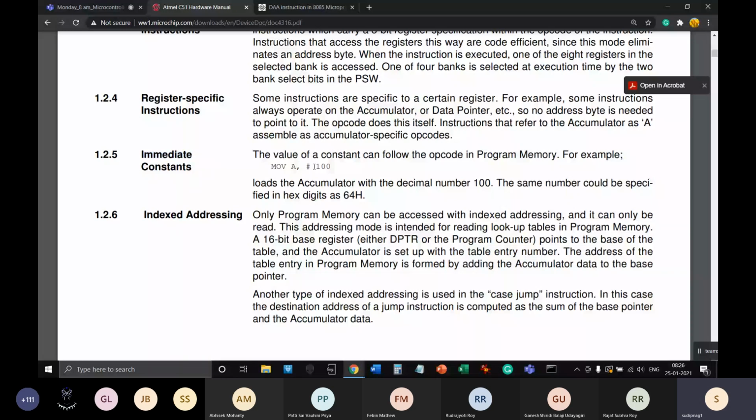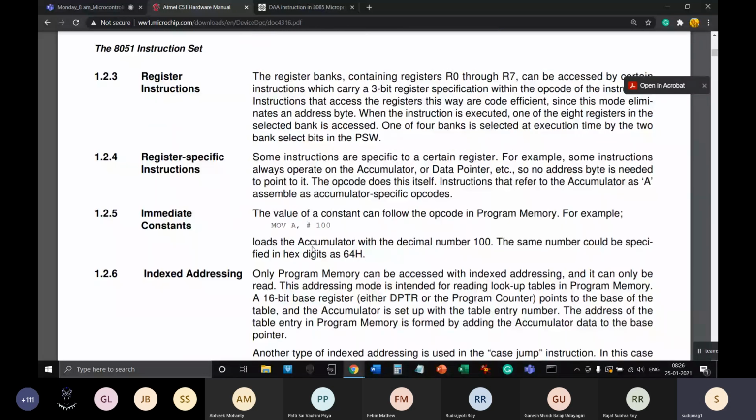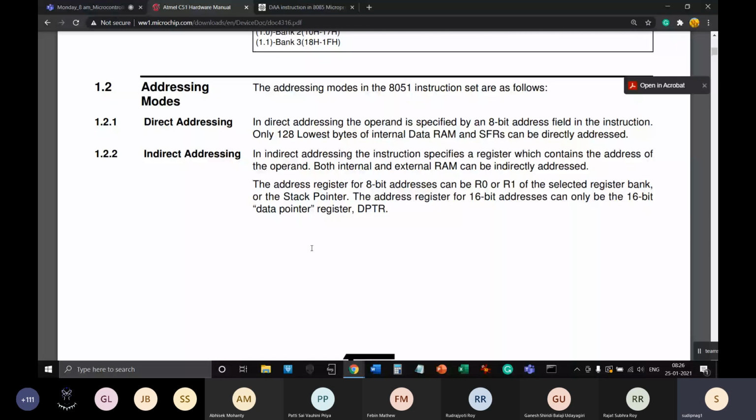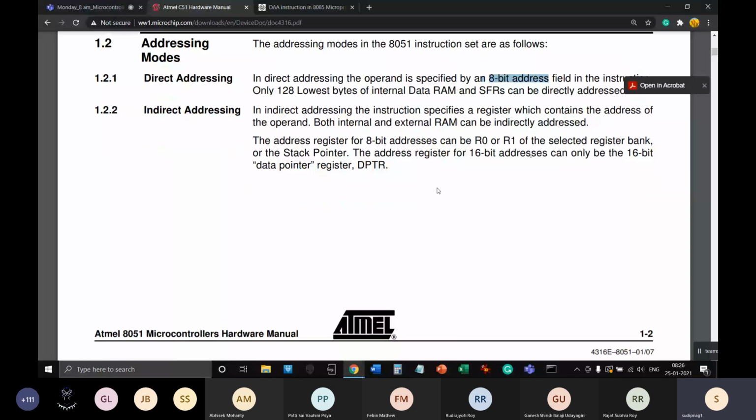So there are other three modes, right? We consider direct. In direct, what I said, add A comma some 8-bit address is given over here. So there is no data, so you don't write that hash symbol. So let's look at the definition of direct addressing mode. In direct addressing mode, the operand is specified by an 8-bit address field in the instruction. So that means add A comma 8-bit address is there, and the moment you don't write this hash, the data will be automatically considered as the address